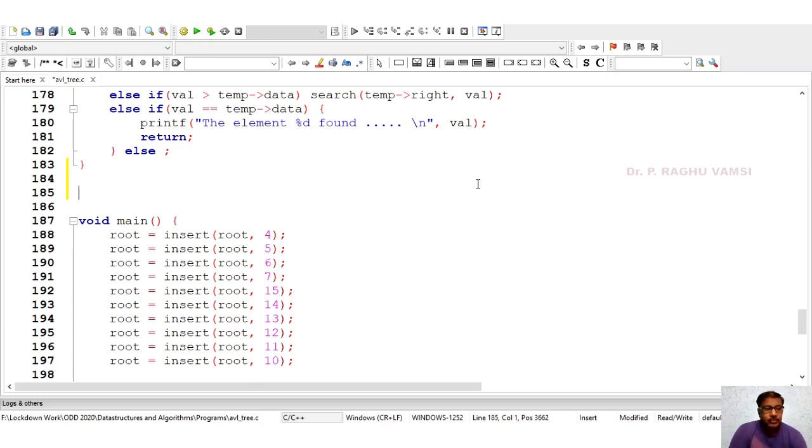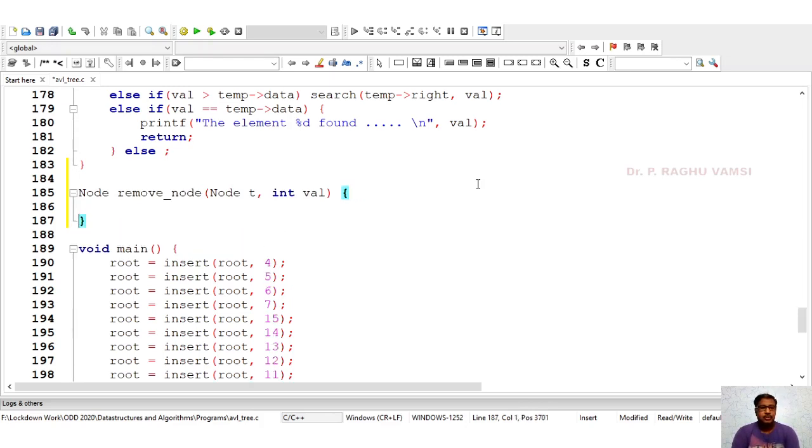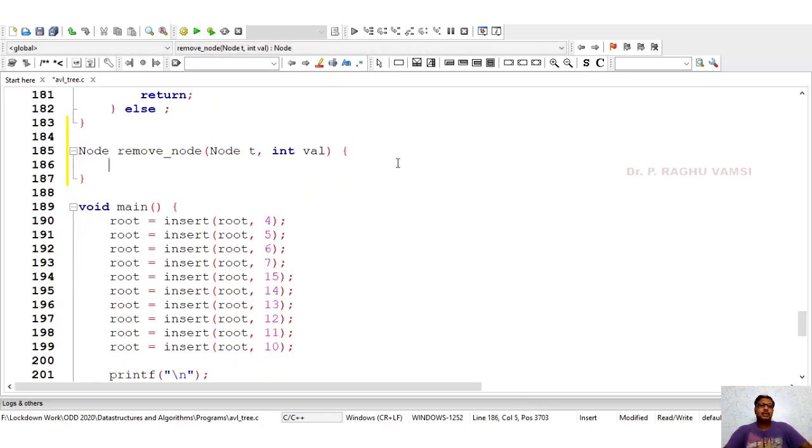Now we will see the deletion operation. I'm writing a function, node remove node of node t comma integer value. Here I'm going to pass the root and the value that is supposed to be deleted.